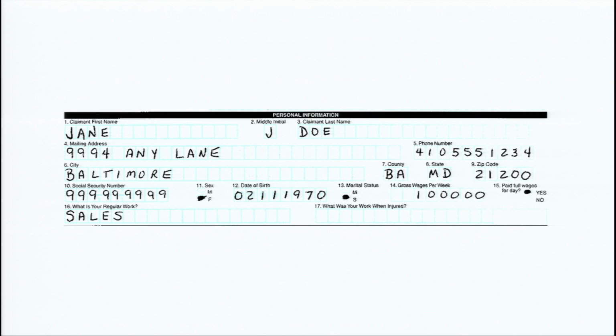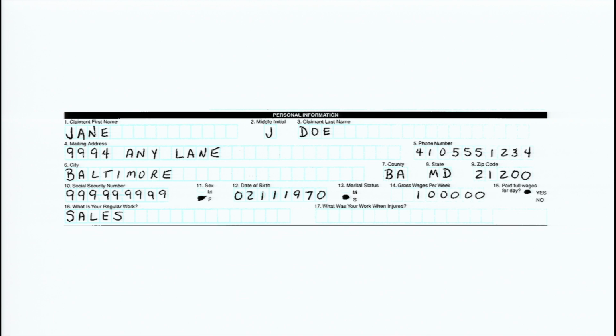So let's step back. This is how businesses used to solve problems. They would collect information on a piece of paper. Everybody's seen this. You fill out a paper form when you go to the doctor's office, you turn it in, they do something with it, and then you get your appointment. So this worked for a really long time, but it's not really a great way to do things.